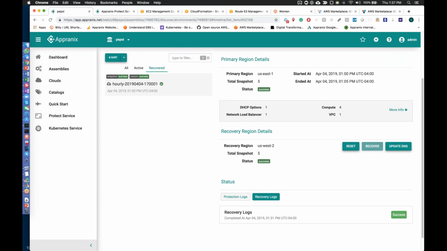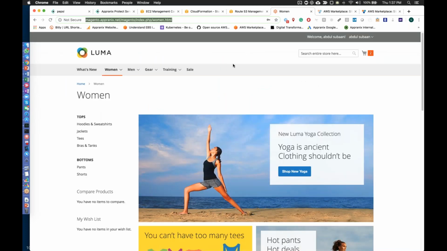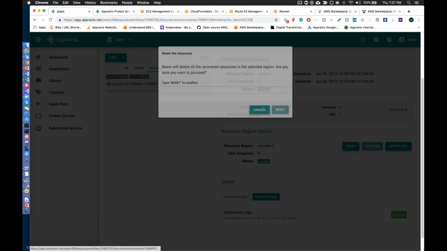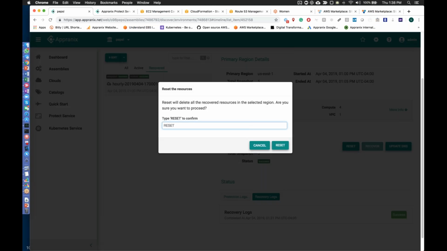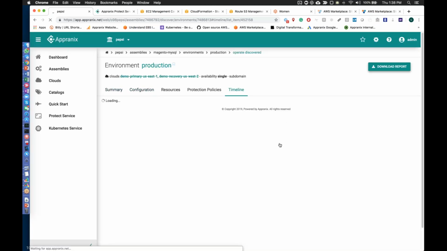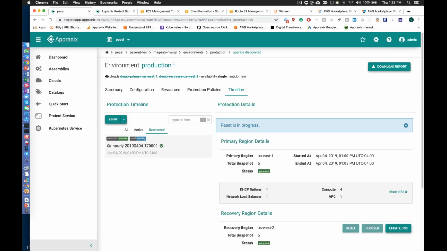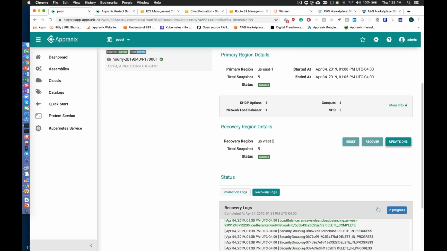And once that is done, see if that is running. It should be able to quickly change it. Waiting here. Right. In that case, what we are going to do is to reset the system completely. Now we are going to get rid of all the resources that are created on the Oregon side. So we are going to reset here completely. Click the button, and then all the resources that were created now will be deleted in the order in which they were created. So reset initialized.